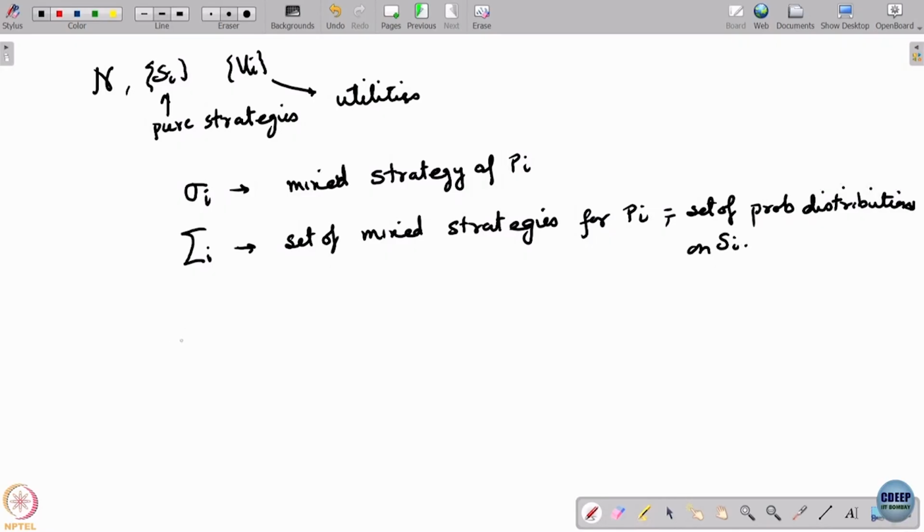Now, Vij, I am going to write this as a function of sigma. This is the expected utility that a player i would get when he plays a pure strategy j. So this here is the expectation, summation over x minus i in S minus i of ui of